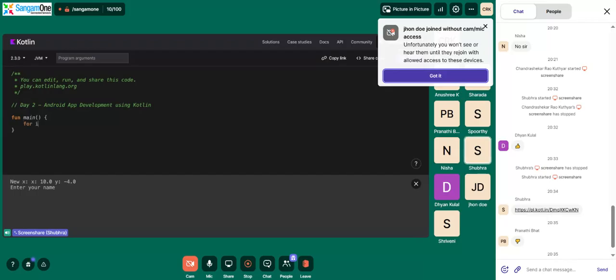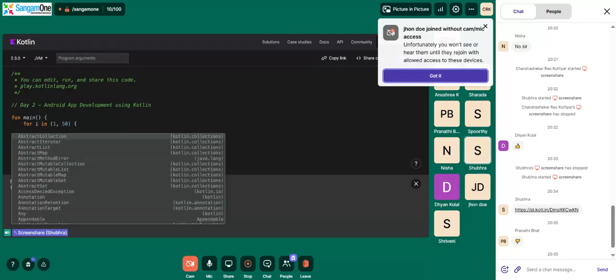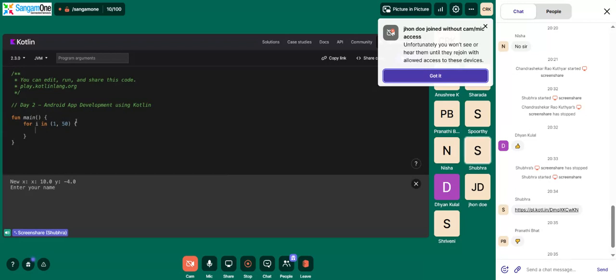So for i in, sorry, this is my Python coming up. So 1 till 50, 51. So if i percentage 2,